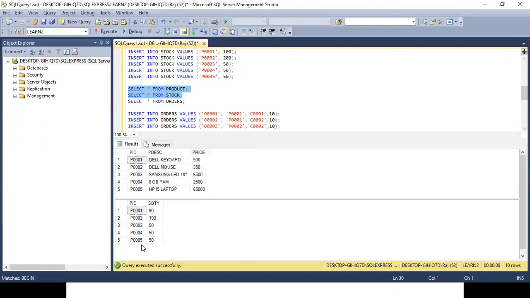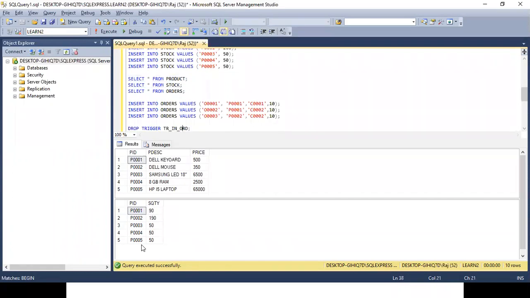So completely removing it. So what do I want? Whenever I delete a product from the product table, the corresponding stock should also be deleted.